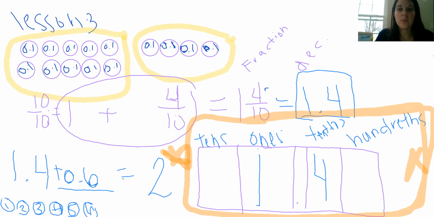All right, so now I am going to clear this board and I want to go on to another one, because now all of a sudden we're going to look at some ones with some bigger place values. So I'm going to clear this, and we're going to do another one. What if I gave you this one? Now they're getting it fancy on us. Be ready to pay attention. What if they gave me